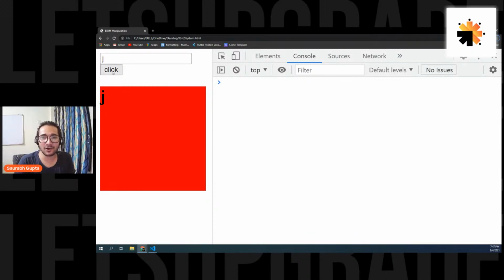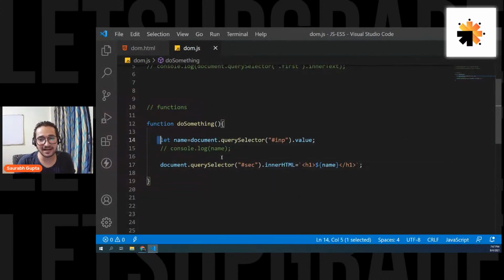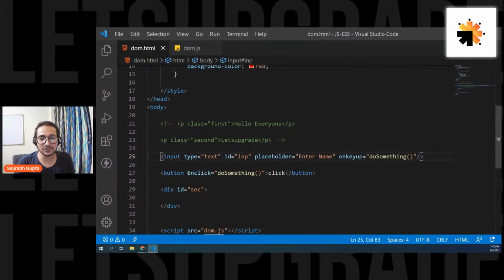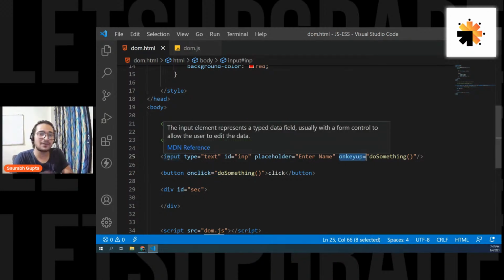Now, instead of calling the function on click, I'm writing it and calling that function, and I'm putting the value on the red element. So the functionality is still the same. The only difference was that instead of calling the function on click, I called it on key up of the input. So now if I write anything in the input, I take the value and put it on red. Anytime I press any key on my keyboard, I take the value from the input and put it on the red div. Is that cleared? Everyone, are we cleared?